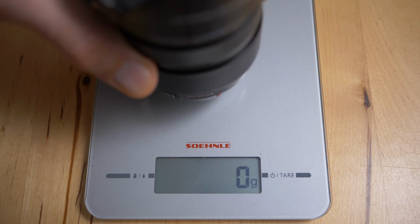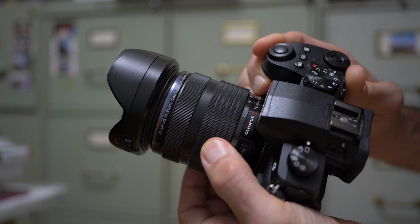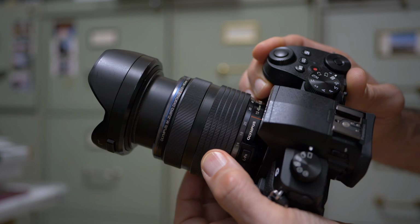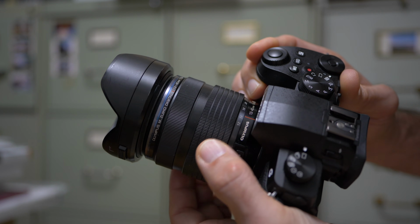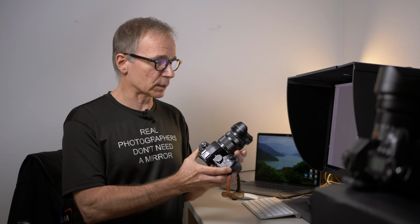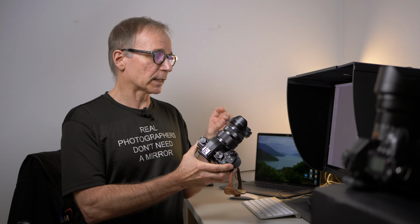This weighs in at about 400 grams and the filter thread is 62 mm. This lens extends quite a bit when zoomed into 40 mm. Then it's at its shortest at around 17 mm, and again when zoomed out to 12 mm it extends a